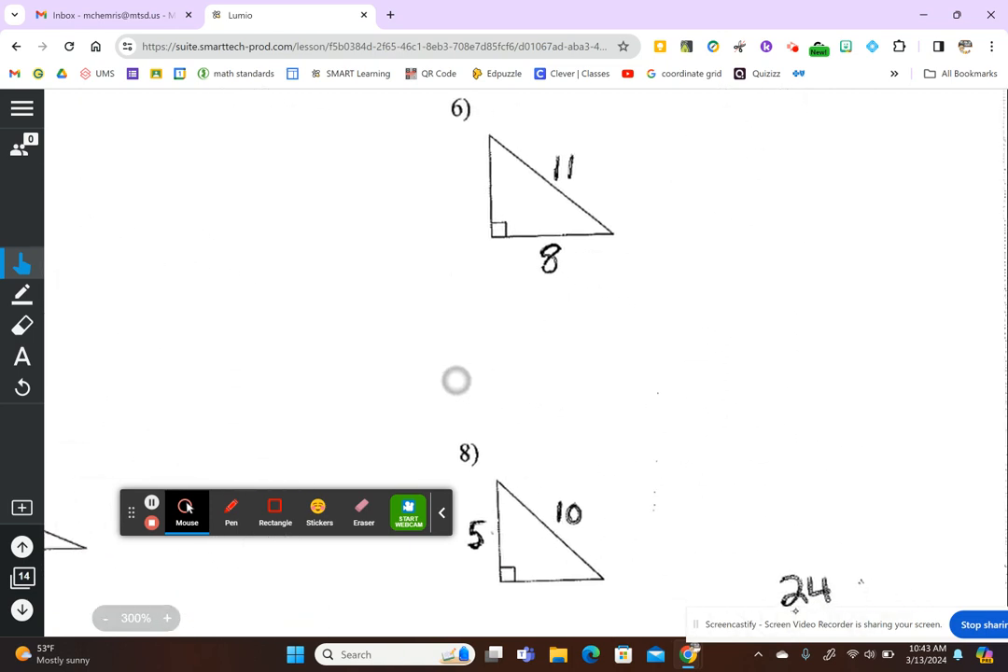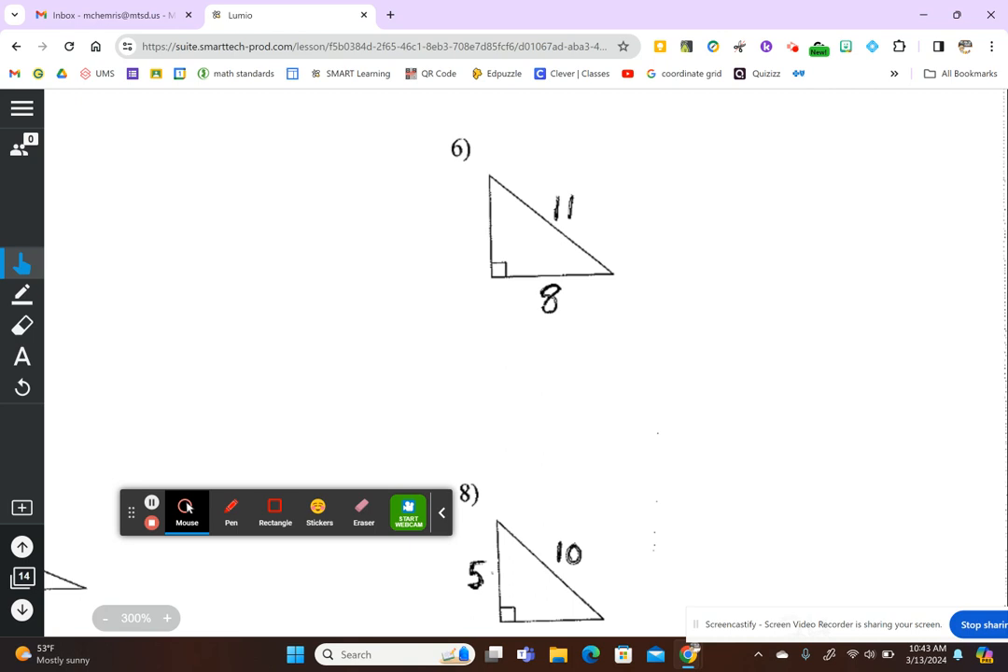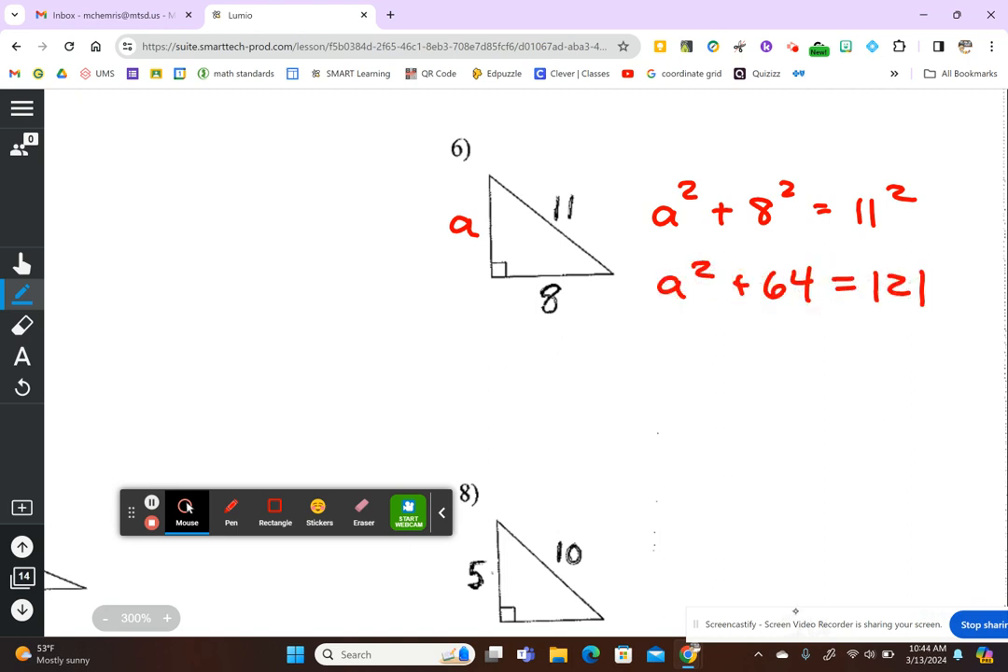Let's look at number 6, because number 6 gives you a hypotenuse, but asks you to find the missing side length. So again, it could be A, it could be B, it doesn't matter. A and B can be interchanged. So to do this, I say A squared plus 8 squared equals 11 squared. So A squared plus 64 equals 121. A squared equals 121 minus 64, so that's